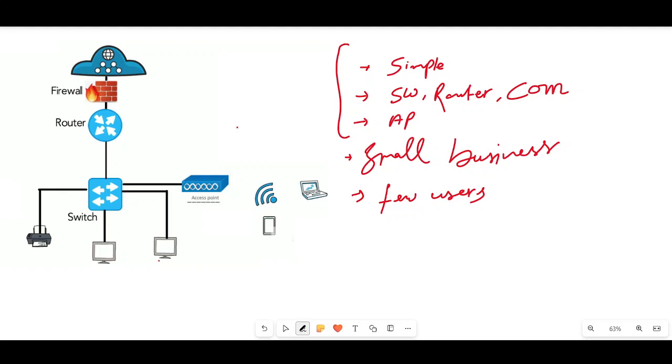This is just the features about this. And do you know about the access point? The access point provides wireless connectivity to devices like laptops and smartphones, because you need Wi-Fi access.